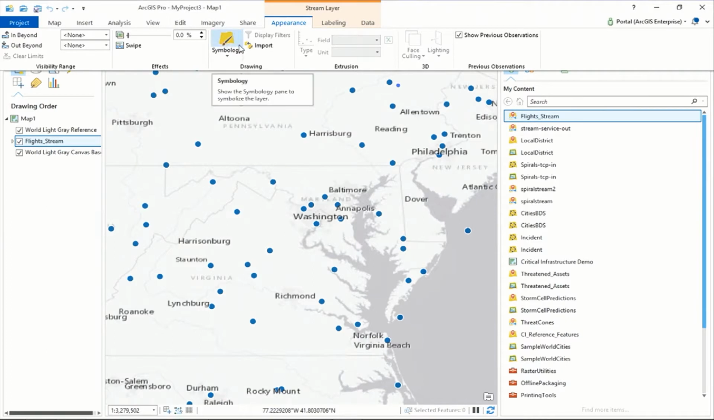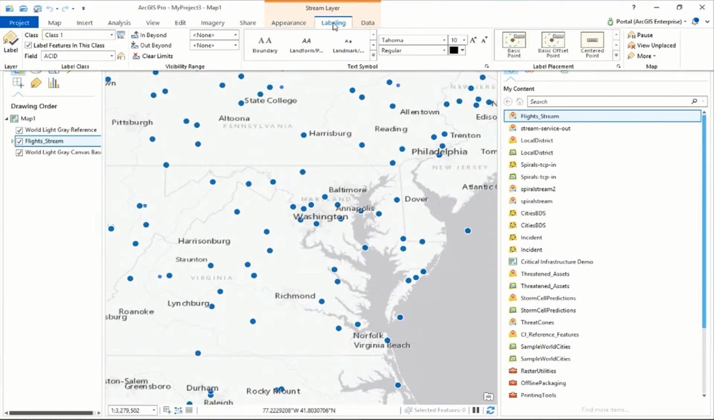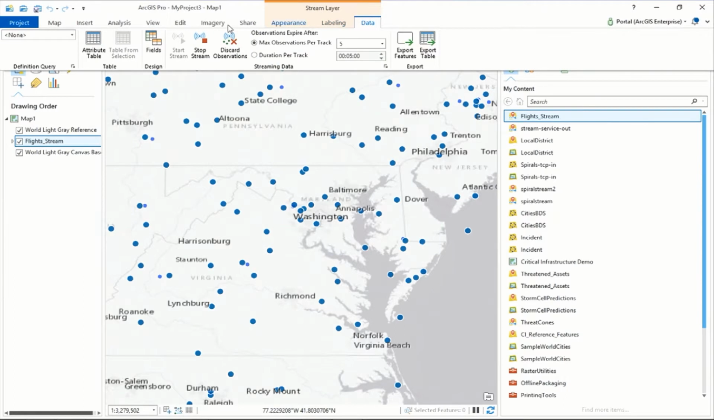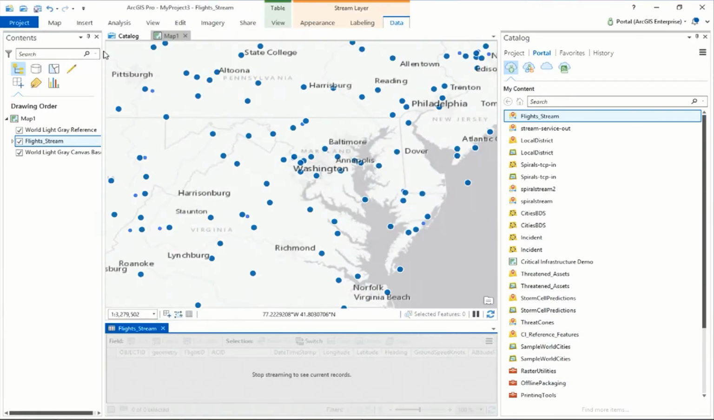We can choose to define the symbology. We could also go into labeling if we wanted to set labels that drew alongside the points. You could, just like you would with any other kind of feature, define the offsets for those labels. You can also view attributes of the features coming in, but in order to do that, you have